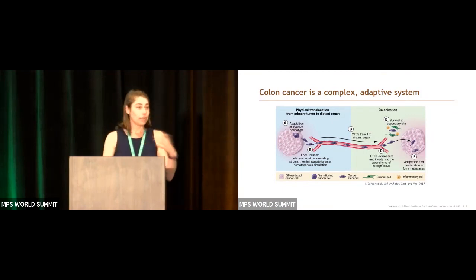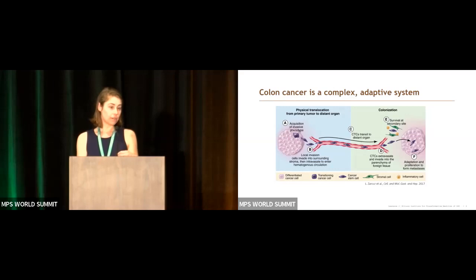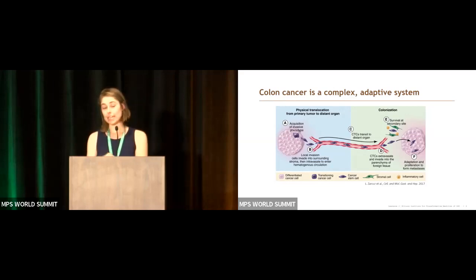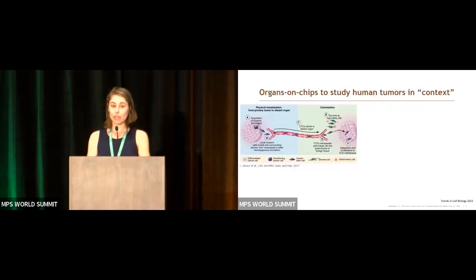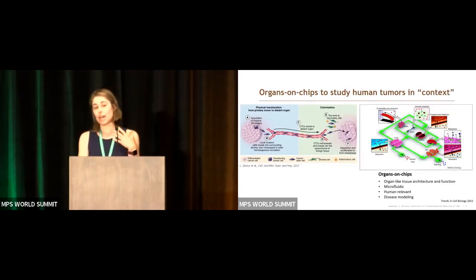Colon cancer is a complex adaptive system. We know a little bit about how the primary tumor evolves, how the tumor cells invade into the bloodstream, and how they set up the distant metastatic site, but there's so much that we don't understand. And so we're hoping to really uncover what we're missing during the metastatic cascade,